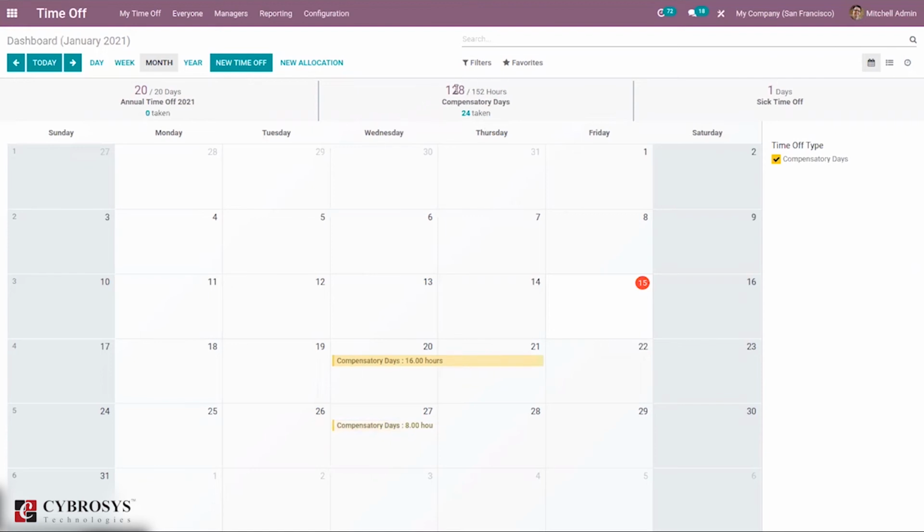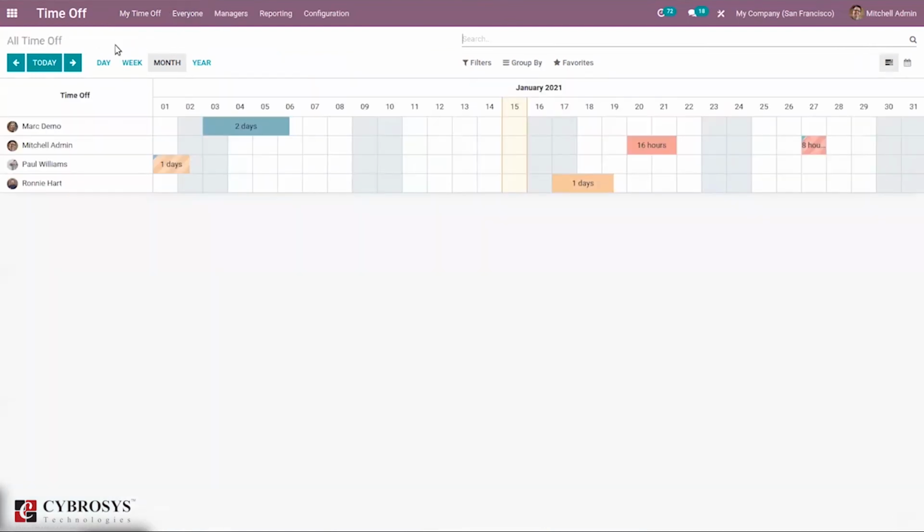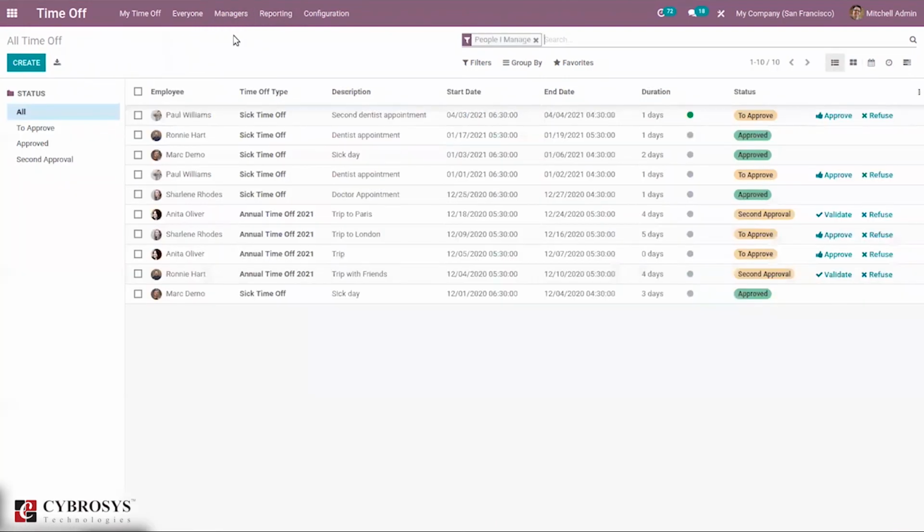And here we can see the number of time off taken will be changed, and you can see the hours will be increased. Total hours taken out of 152 will be changed. In this way we can create a time off request from the dashboard view, and we can see everyone's time off. Then here we can see the time off taken.